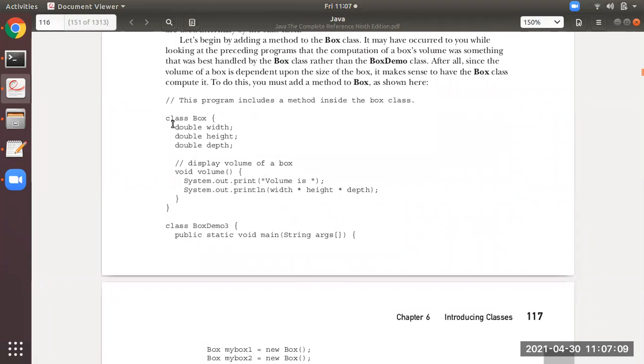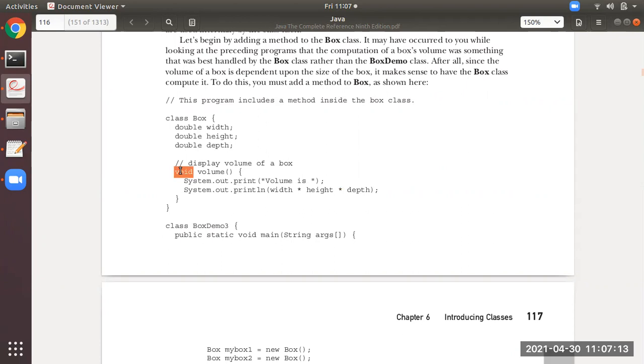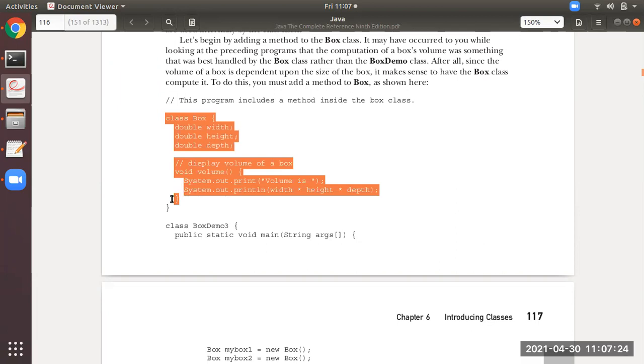See now, this is the class. This is the type, and this is the name of the method. There is nothing in the parentheses, so this is without parameter. So this particular class is having variables and one method.